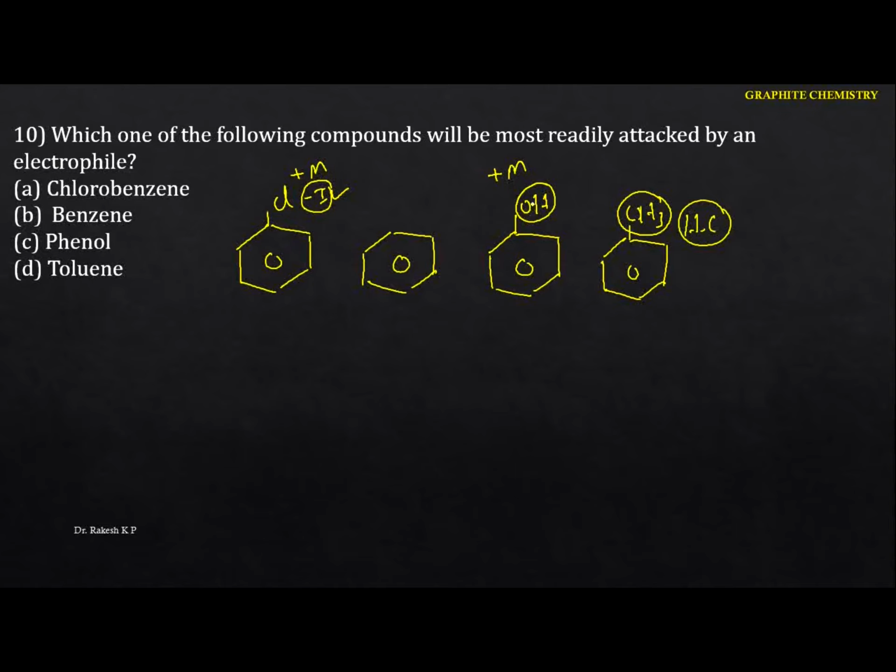Now in this case, the more activating group is the OH group, which activates the benzene ring, so it readily attacks the electrophile. Okay, hence in this case the option is C. Okay, so next one,